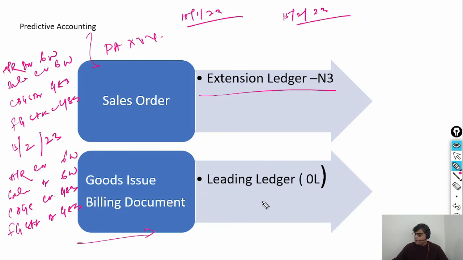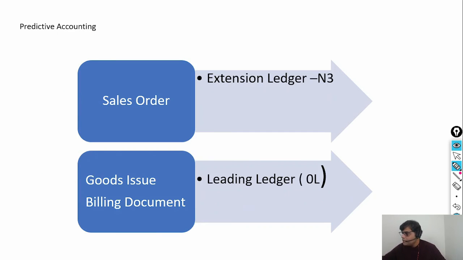Then the actual document will be updated with your leading ledger. Now onwards it is the normal process. So in this period we have the information which we can use for analysis. For this we have your applications also, and it is going to update your ACDOCA table. So if you check the next PPT,